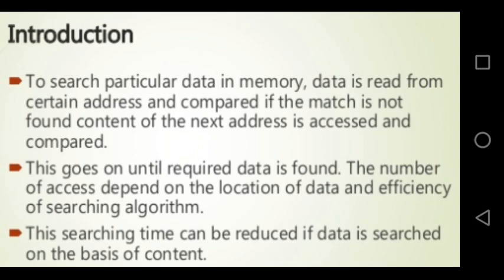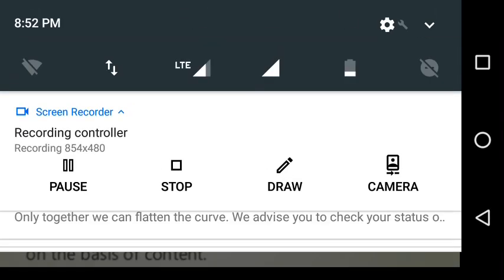To search for particular data in a memory, data is read from a certain address. Definitely, it is required to have an address to find a particular data or memory word in memory. And that address, for example the memory address register, contains the address of a particular memory location that you want to read or write. Now this address that is present in the MAR is compared with